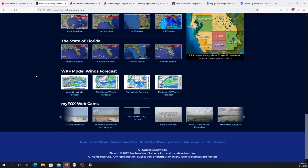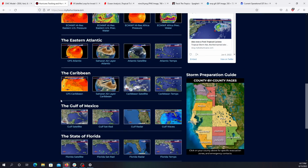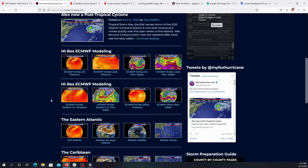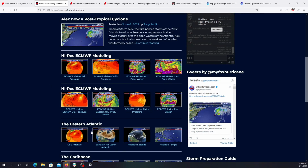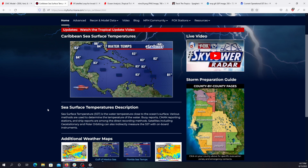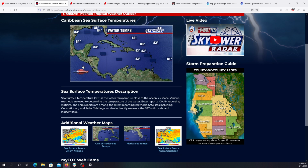Let me show you the sea surface temperature. Let me see, where is it? The Caribbean. Okay, well, I guess that's interesting. So I guess it doesn't have it today. No sea surface temperatures other than this. So it doesn't quite show the intensity of the sea surface temperatures, but at least it shows you about 83 degrees. So definitely warm enough to sustain some